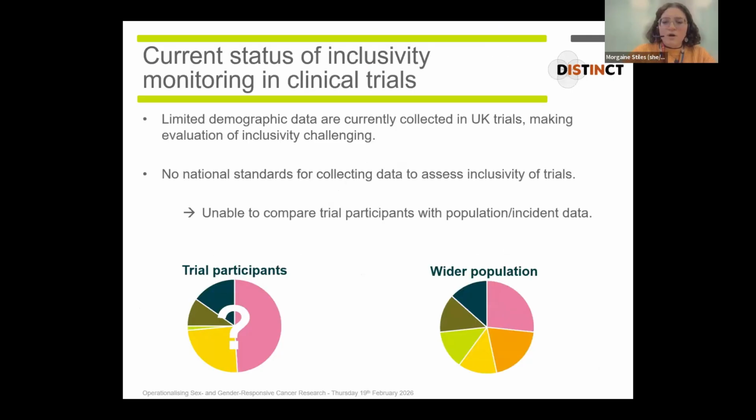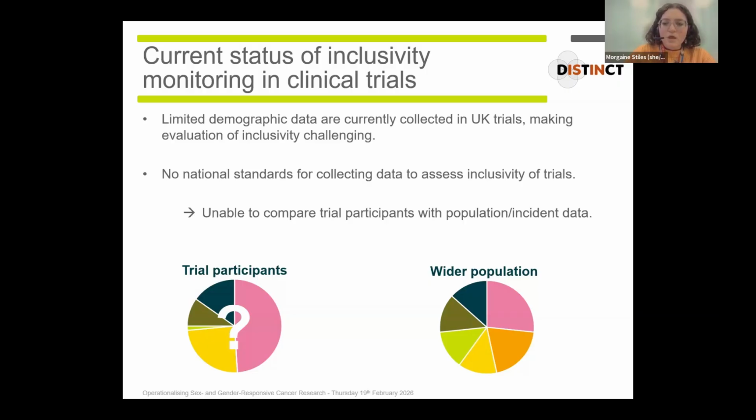So to give you a bit of background, in order to evaluate and monitor the inclusivity of our trials, we need to collect reliable demographic data, which historically has been very limited, and there are no national standards to guide which data to collect from trial participants and indeed how to collect it. Another consideration is that we need to be able to compare trial demographics with wider population level data, whether that's disease-specific information, or in the many cases where that's not possible, we can use UK population level data as a